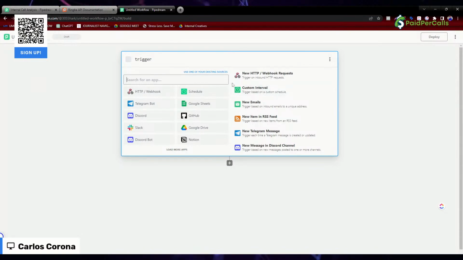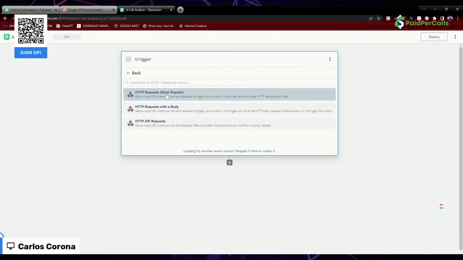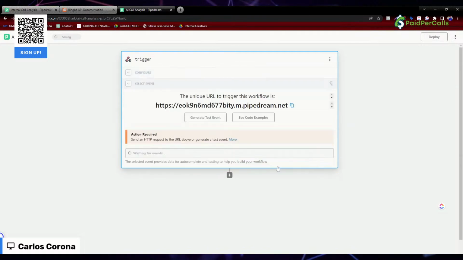The first one will be to create a webhook. So you're going to add here, new workflow. I'm going to call this AI QA. This is perfect. So we're going to trigger this with a webhook. So here's a webhook, and this is going to be just a simple webhook. Save and continue. Then you're going to go ahead and copy this, and then you're going to add this to